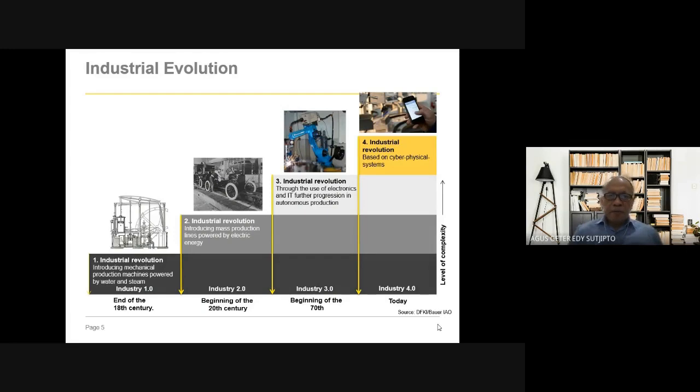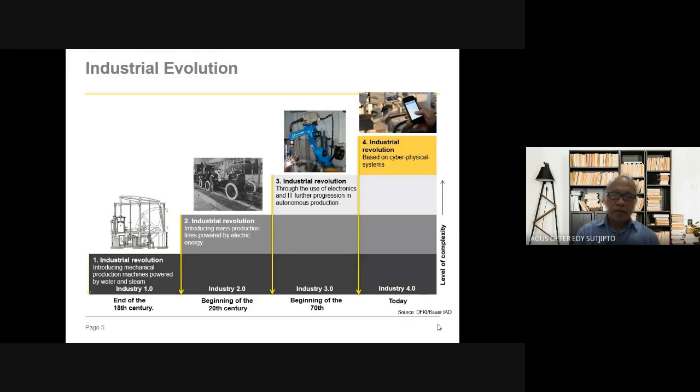Now, actually, what is the revolution of the industry? This started from the 18th century, 1780-something, when Industry 1.0, or the mechanization of farming, started in Europe, in France or in Britain.